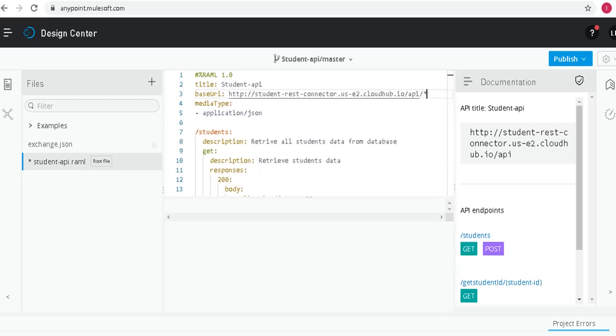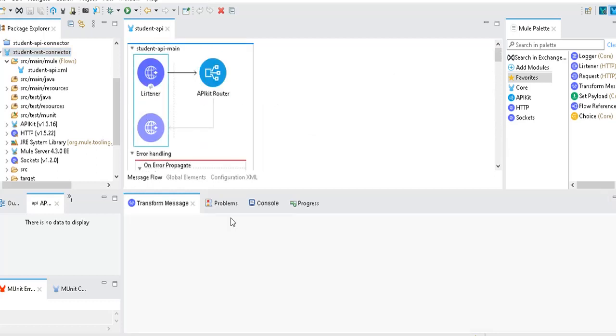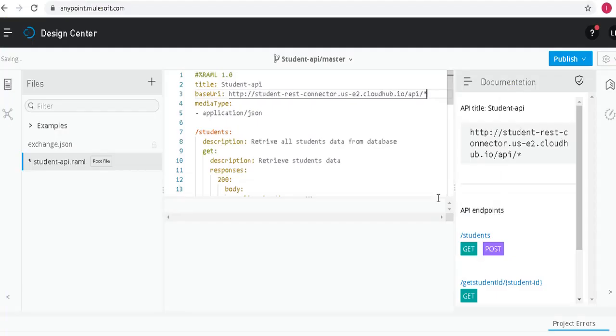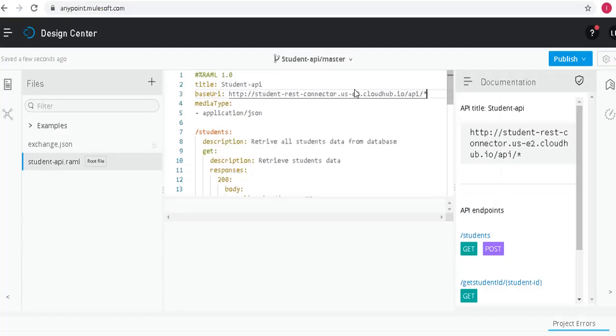Okay. Because here, once your API is getting generated by using the YAML flows, if you can observe, by default the base path value will be added here for your HTTP listener as /api/*. So you need to add that also in your YAML path. So whenever you deploy this as a connector, it will take that complete URI till this base path from here, and it will append that resource path. Okay. So now what we have to do, we need to publish this YAML again with a new version.